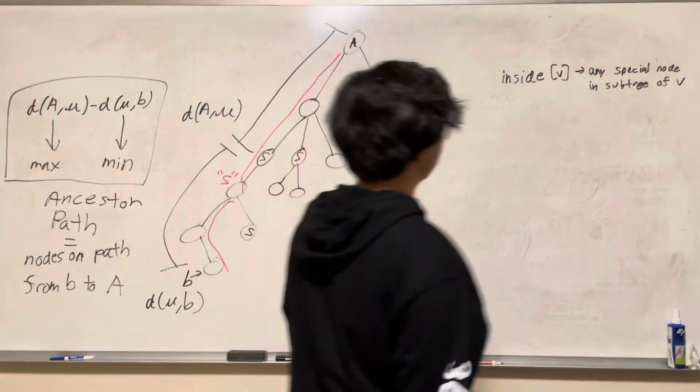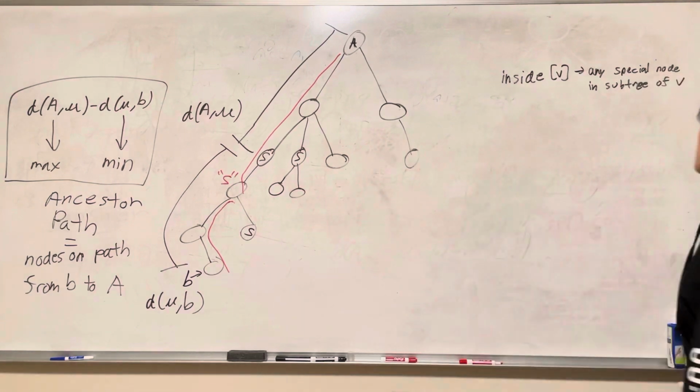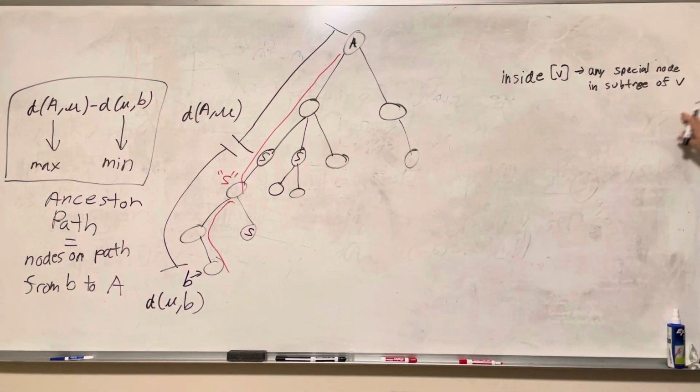Yeah. Okay, so this is one piece of information you have to find out for all of these nodes. You need to get any special node in the subtree of V, or you could do something like negative,